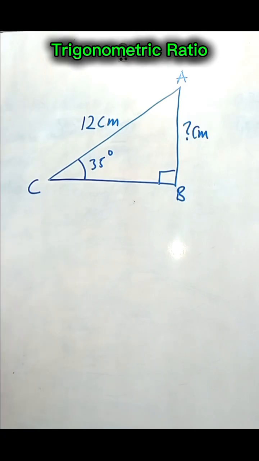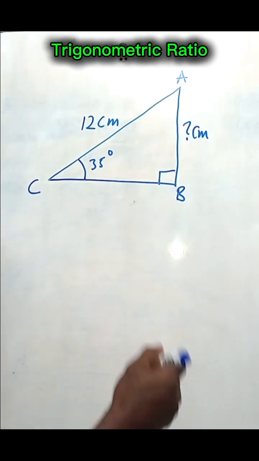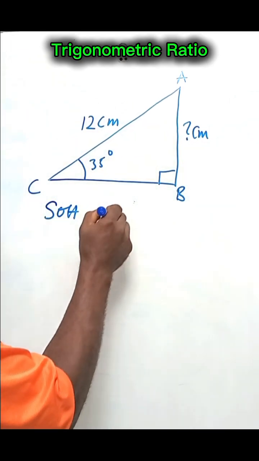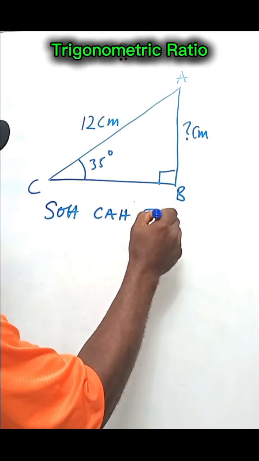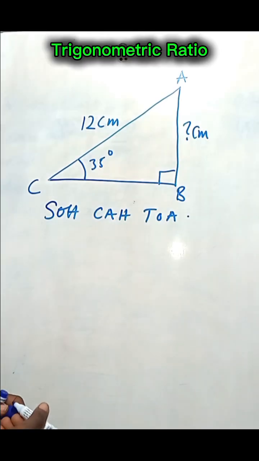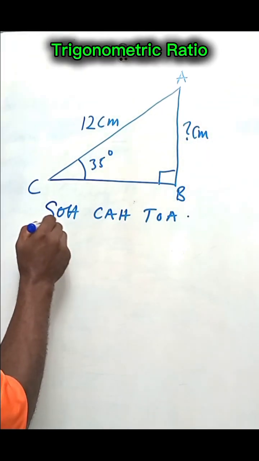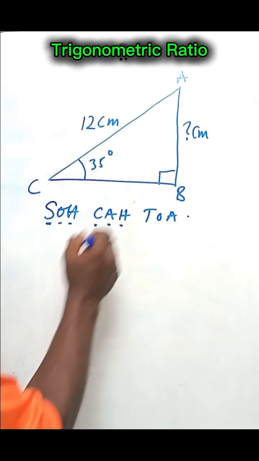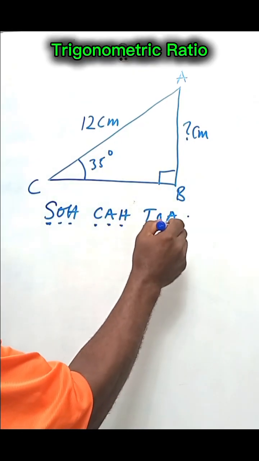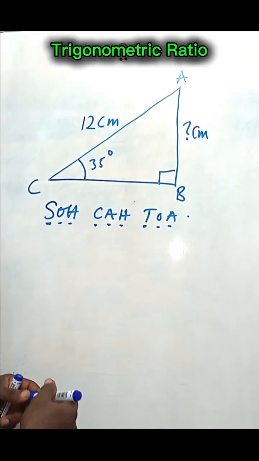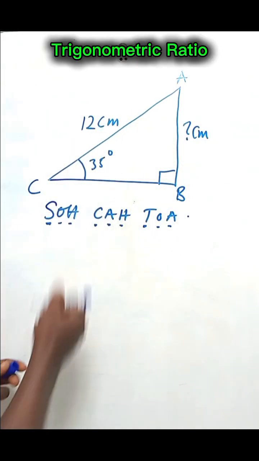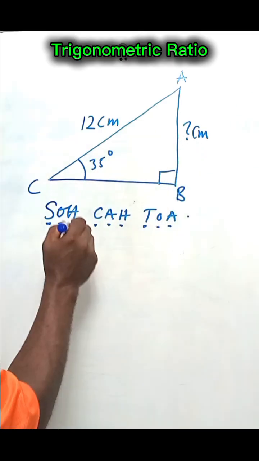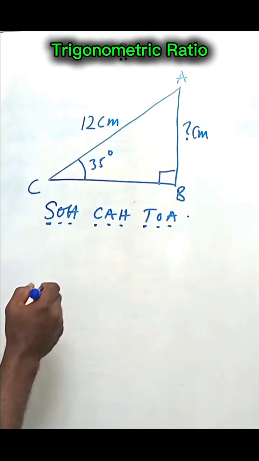To solve this problem, let's recall the mnemonic SOH CAH TOA. Sine is opposite over hypotenuse, cosine is adjacent over hypotenuse, and tan is opposite over adjacent. In the diagram, the hypotenuse is provided. We have to look for the side opposite the acute angle. Opposite over hypotenuse,